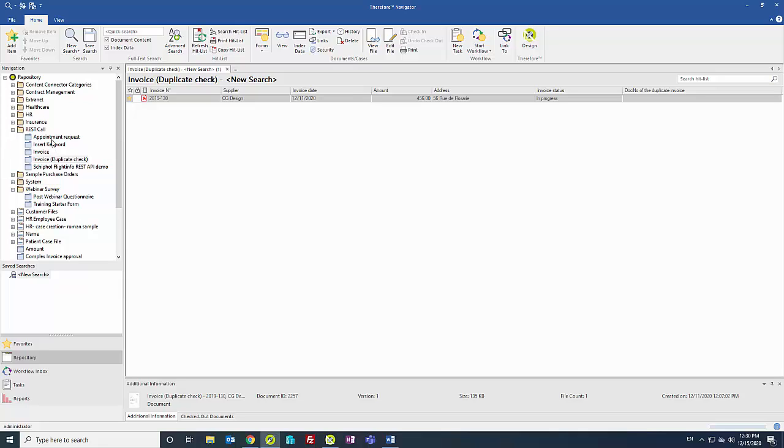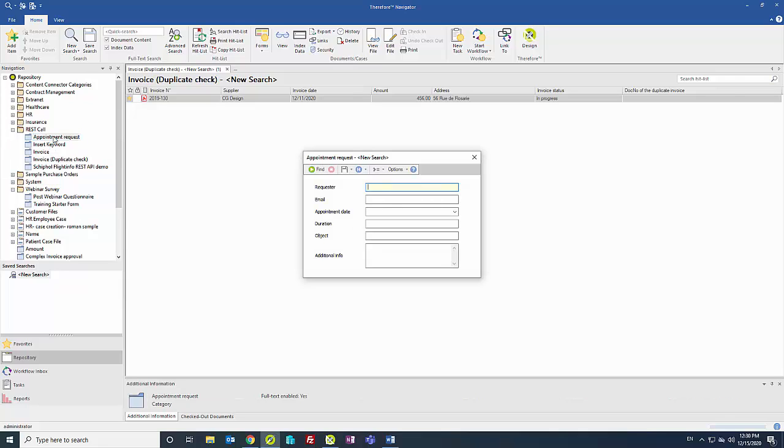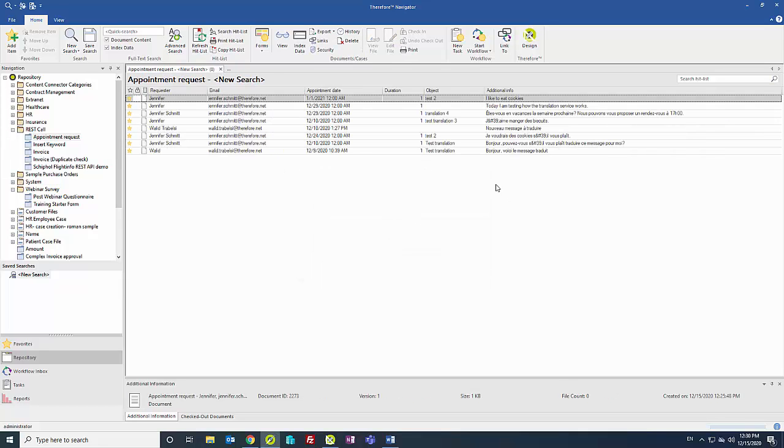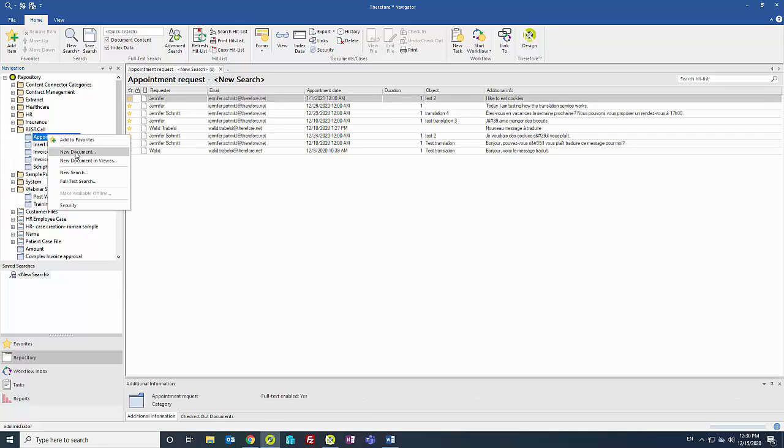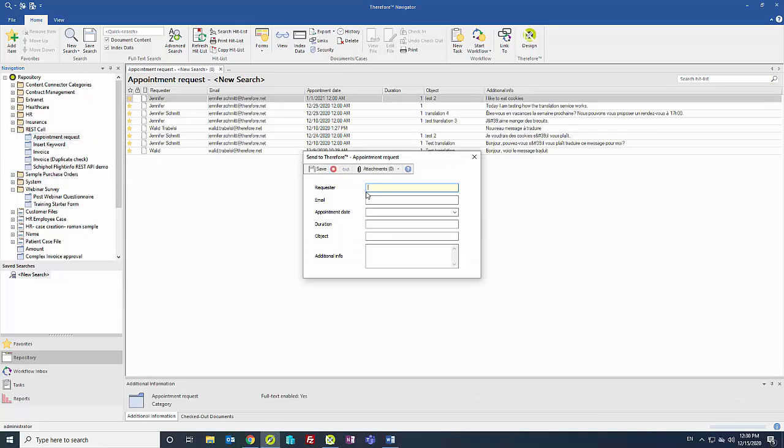Now we can also have a demo here with an appointment request. So this one here is actually kind of fun. What you can do is use an external service such as Google Translate to translate a message. So we were translating a message here in the text box from English to French. And so the way it should work actually is you can put in a requester name, like myself, an email,